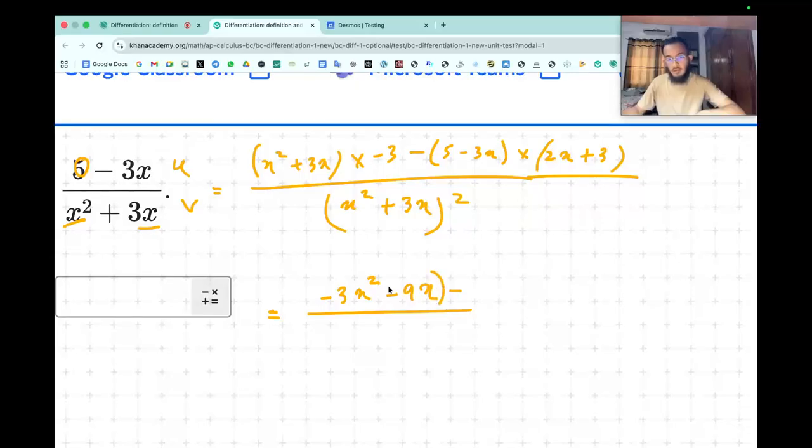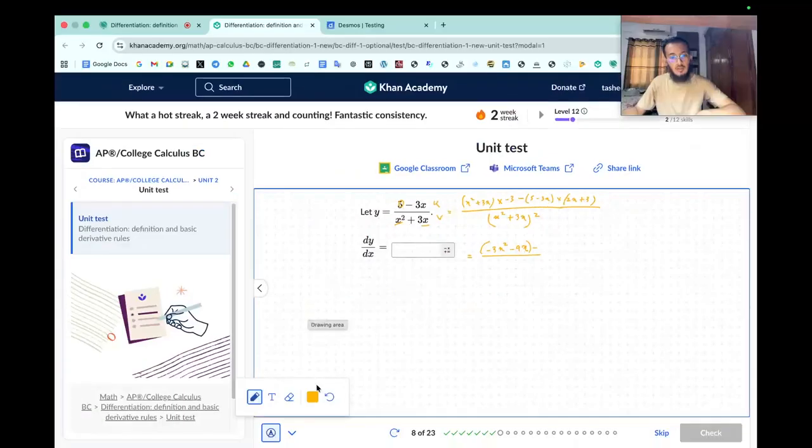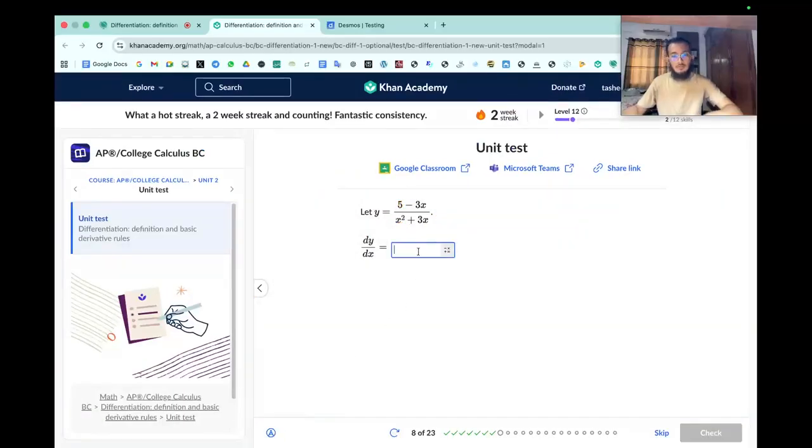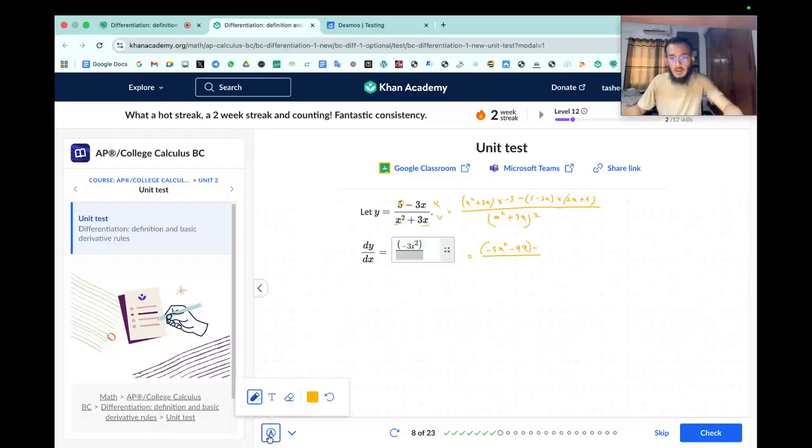We just have to have a bracket there, because negative 3x squared, negative 3 3s are 9x, so negative 3x squared, negative 9x, and then we have